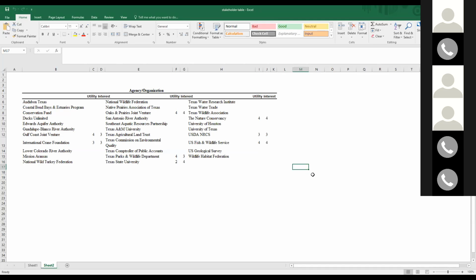So can everyone see this spreadsheet now instead of the PowerPoint? Yes. All right, so we'll try to go through this a little bit and see how this goes, and if it's not going great, we can skip it. But